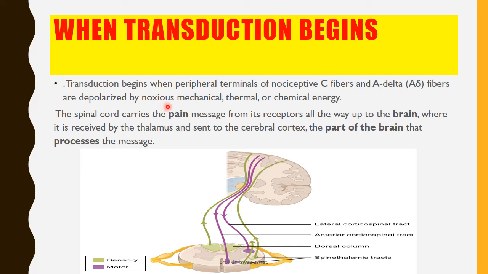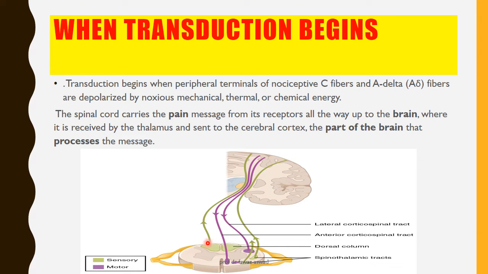And exactly there will be an area which is going to be transmission. These impulses go from the spinal cord to the brain. This usually occurs by the spinothalamic tract, through the dorsal column, and it is going to be passed into the anterior corticospinal tract, as we are going to see. And again, there will be transmission also by the anterior corticospinal tract,